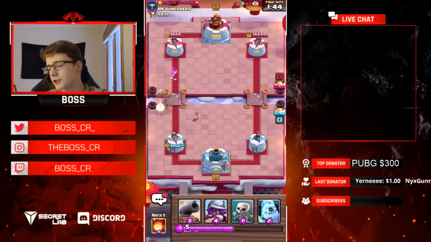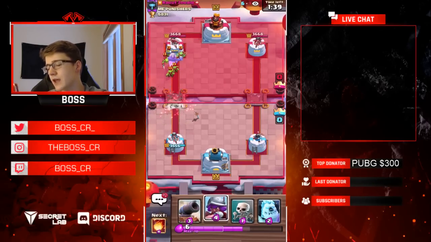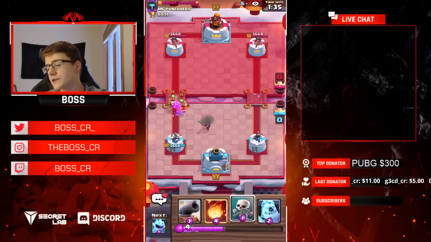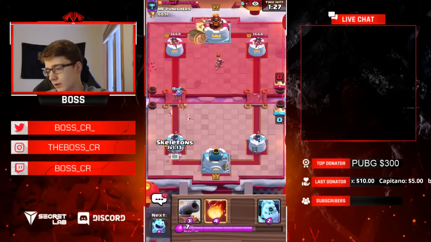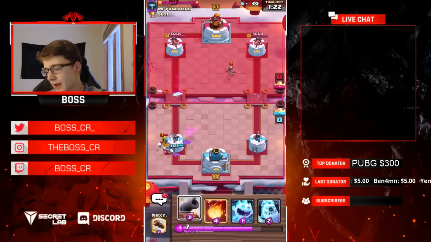It's always good to keep pressure up, especially if they're running the Inferno variant, because they're always going to have to overspend on defense. Because keep in mind, an Inferno's 5 elixir, so you're eventually going to be able to outcycle them just by going in with Hog Riders. And he just went in for a Goblin Gang log. Again, 5 elixir, they always have to overspend. That barrel was well played because we didn't end up having a...